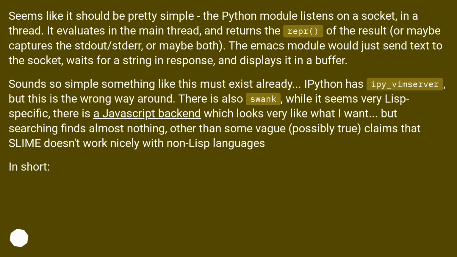IPython has an IPython vim server, but this is the wrong way around. There's also swank. While it seems very Lisp specific, there is a JavaScript backend which looks very like what I want. But searching finds almost nothing, other than some vague, possibly true, claims that Slime doesn't work nicely with non-Lisp languages. In short,